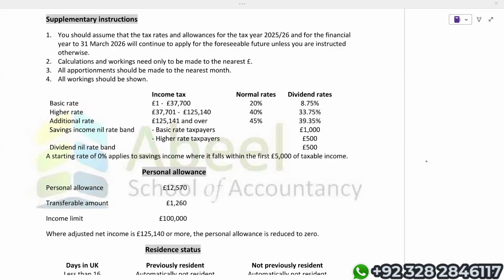We'll be starting from the basics. In each live revision class, we are going to cover one proper Kaplan kit question. Whenever the time comes for the particular question, I'll be sharing that question in your relevant WhatsApp groups, so that you will have at least 3 to 4 days before the class to attempt that question. So let's start.